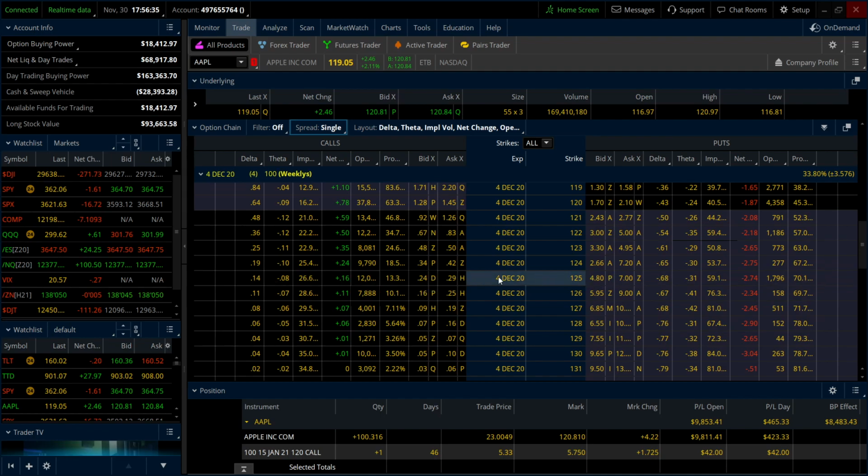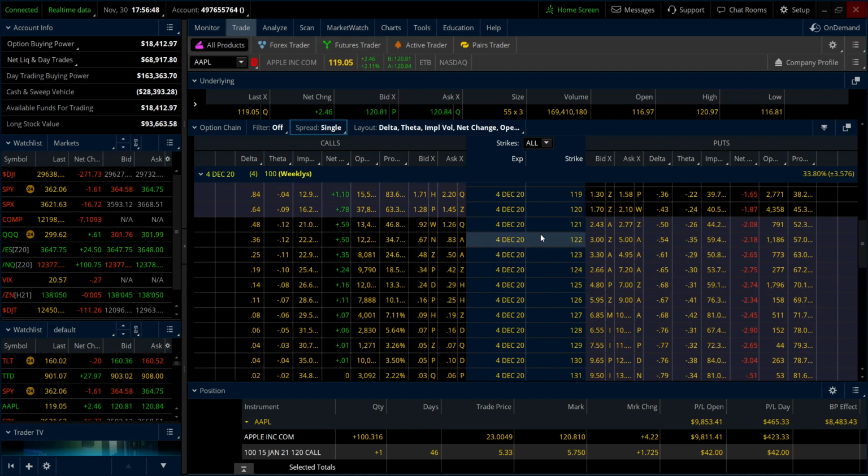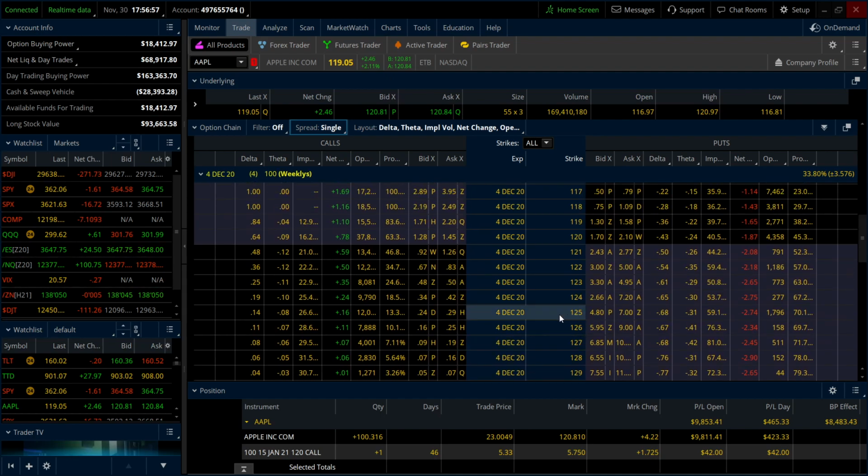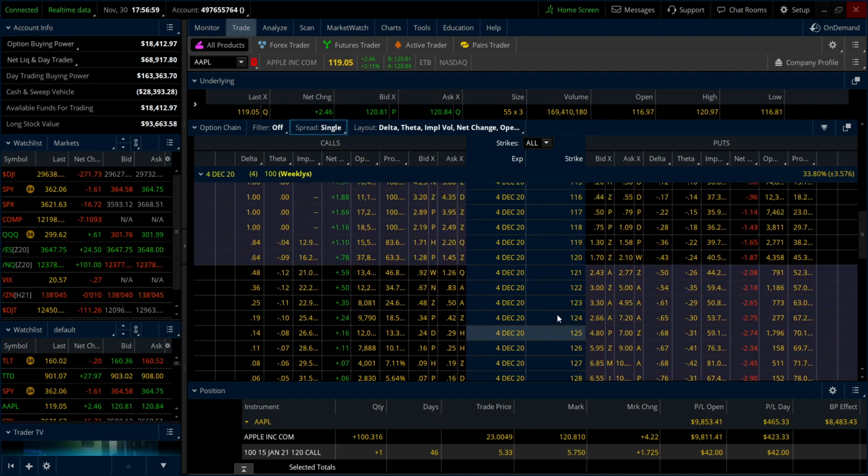But this is what an out the money play is. It's like 6 strikes away from the stock price right now. So what we like to do is get an affordable premium as close as possible to the strike price. If you notice from me, I like to pay a little higher premium because I want to capture as much delta as possible